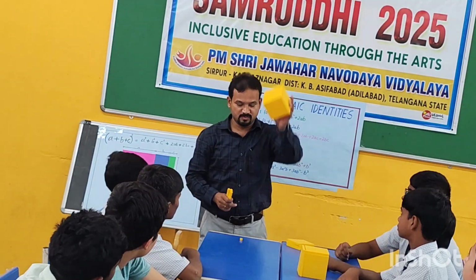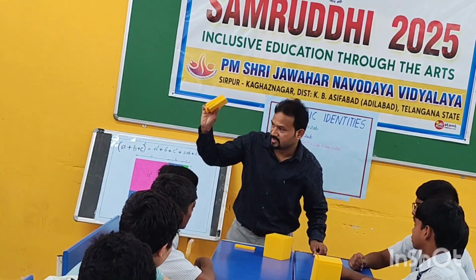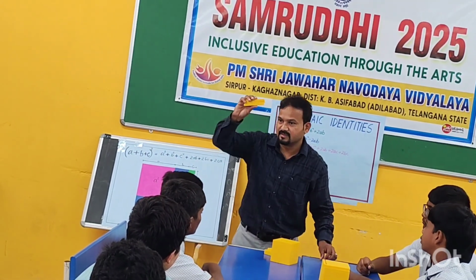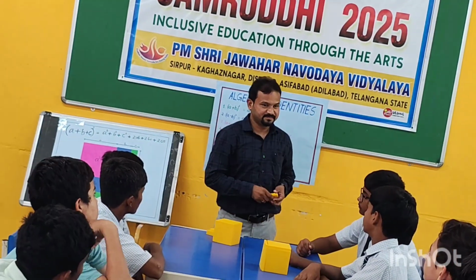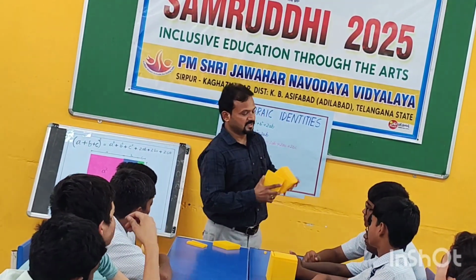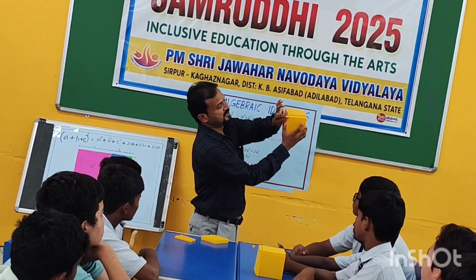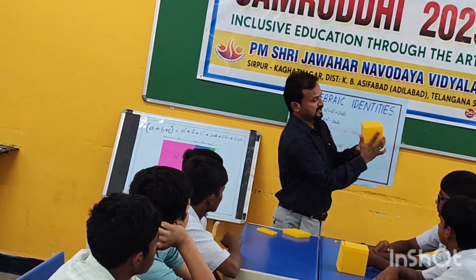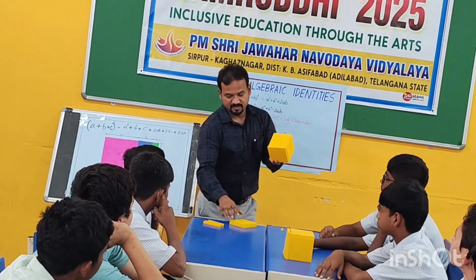So we have A cube, we have B cube, we have B cube, we have what? And if you put all together, what do we have to get? A plus B whole cube. We put like this. What is the new breadth? This is AB, and this is the length. We put one,